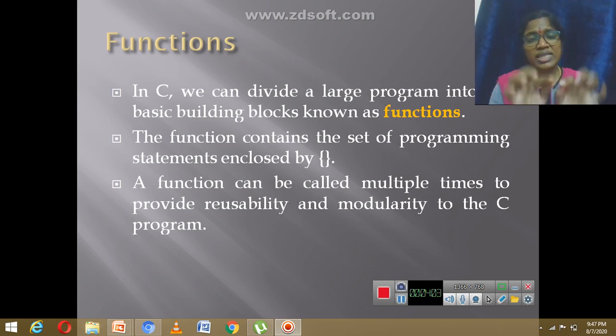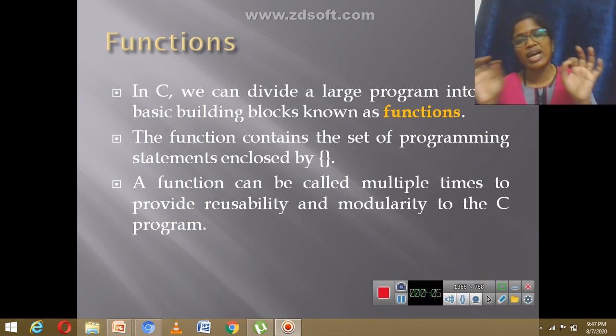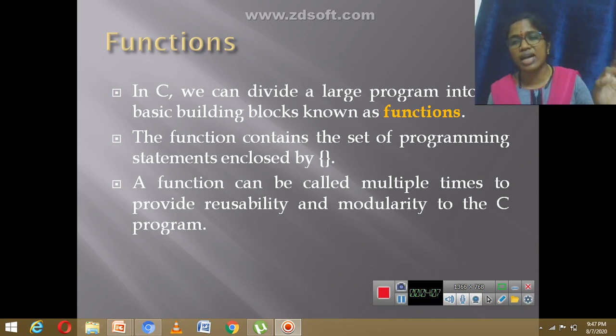So in C language, we can divide a large program, that means a large task, into the basic building blocks. That means the basic structure. C language works with the functions. So how will the functions be? The function contains the set of programming statements. That means we need to execute some set of programming instructions so that we can achieve a task.